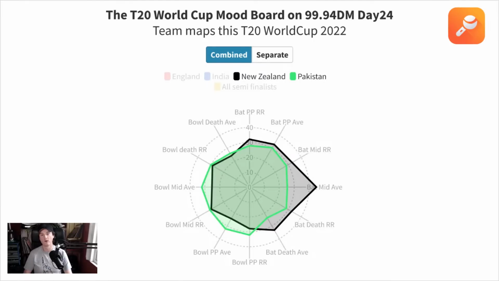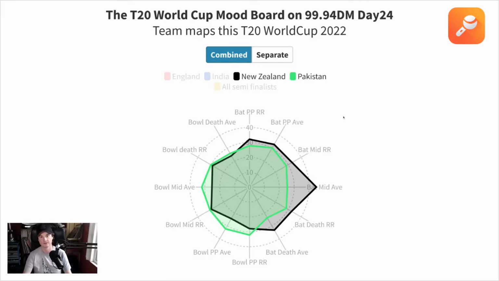Also in their middle, where they're not particularly making a lot of runs from their average, Shan Masood and Shadab Khan have now sort of joined forces in that middle. And Iftikhar in Australia is the greatest batter of all time, despite the fact he's never made runs anywhere else. So this is looking at the last year, and things have changed. But on paper, it certainly does look like that New Zealand is the better team and the more balanced team,